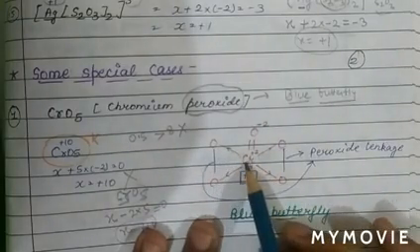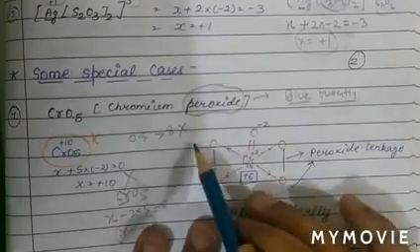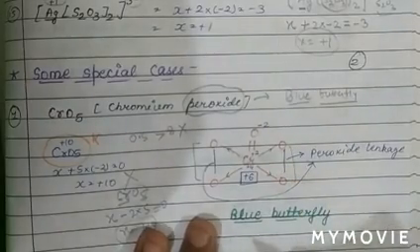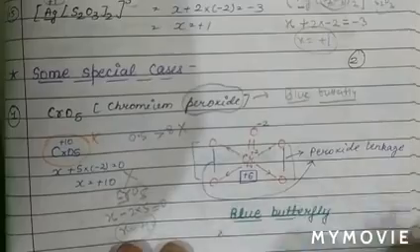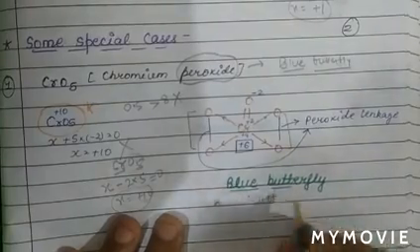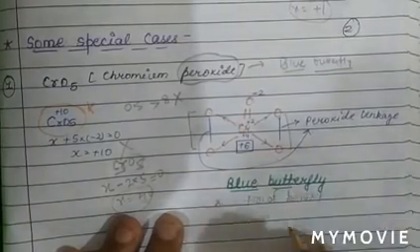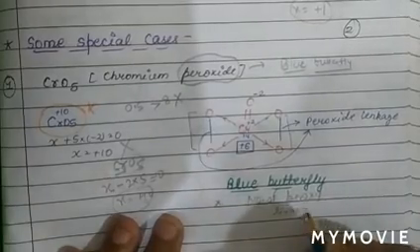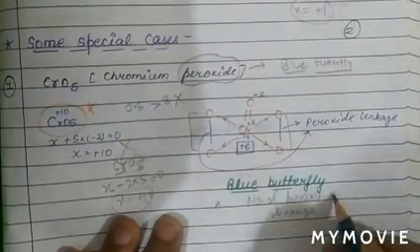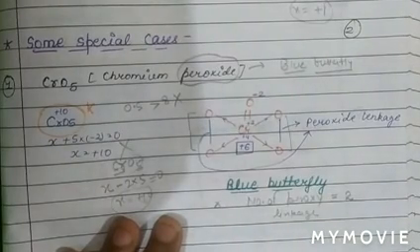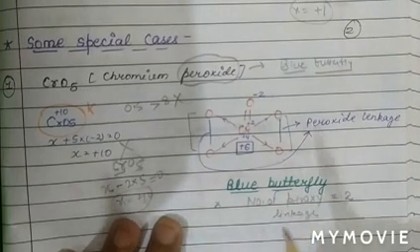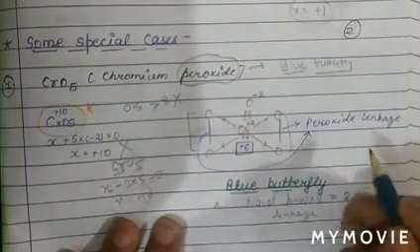See the structure of this compound. Basically chromium is linked with one peroxy group, and this is the second peroxy group. So the first question in this compound is how many peroxy linkages are there? We will say there is one peroxide linkage and there is a second peroxide linkage. So the number of peroxide linkages is 2. So 2 peroxide linkages are there in CrO5. Now we will calculate the oxidation number.